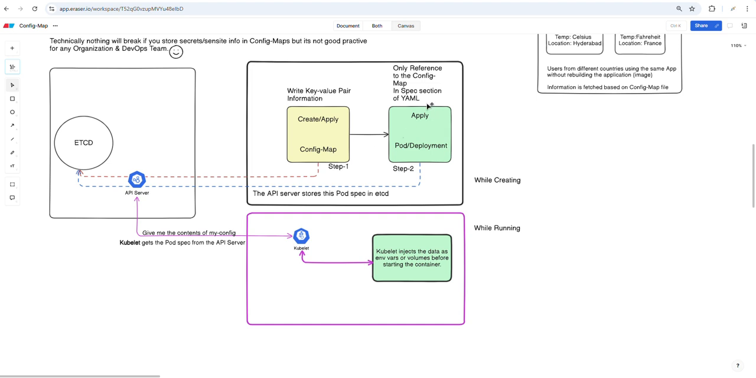Once the config map is created, if you then apply or create a pod or deployment, the spec of that particular pod or deployment gets stored into etcd by the API server. So these are two things happening when you create or apply it. When the container is about to run inside the pod, the kubelet asks immediately, hey, my pod is about to run and is going to be started soon. Can you give me